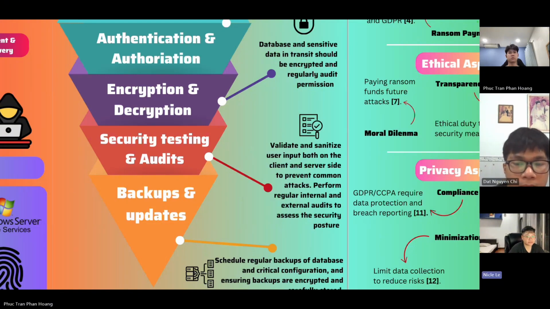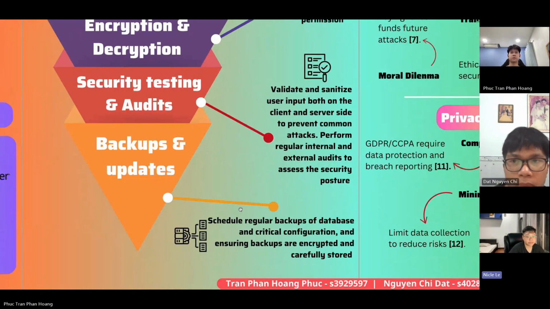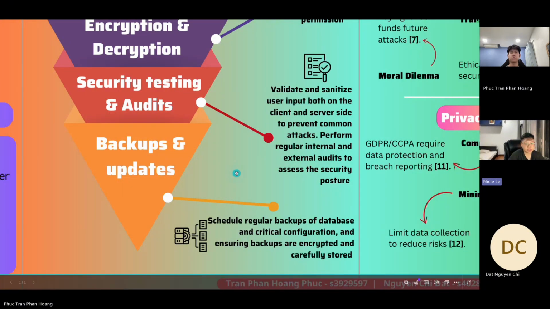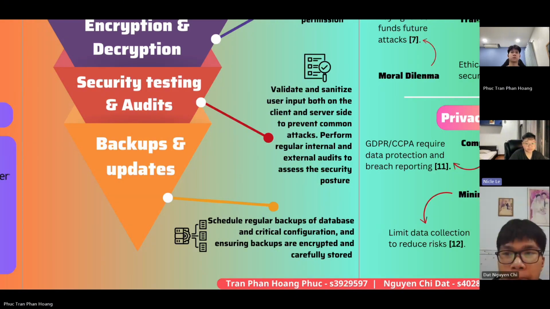Lastly, we have layer 4, backup and update. This final layer is focused on maintaining system integrity by regularly updating the user machine. This makes sure all the systems are equipped with the latest security patches, which reduces the risk of attackers exploiting outdated systems. Also, users use a backup plan to back up data locally in case their sensitive data is breached and